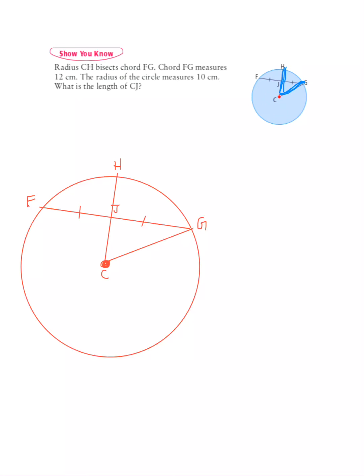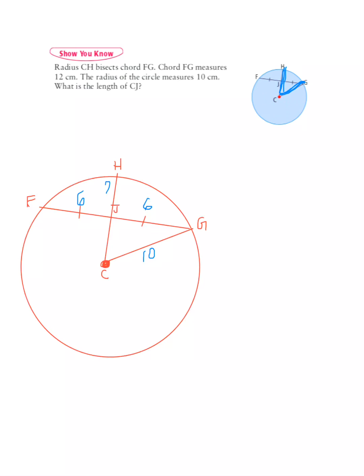So let's see if we can figure this out. Chord FG measures 12 centimeters, so all the way across. So again, I'm going to use half of that because they're bisected. So both of these sides would be 6 centimeters. The radius is 10, so HC is 10, but actually this 10 is the one that's going to be more useful to us